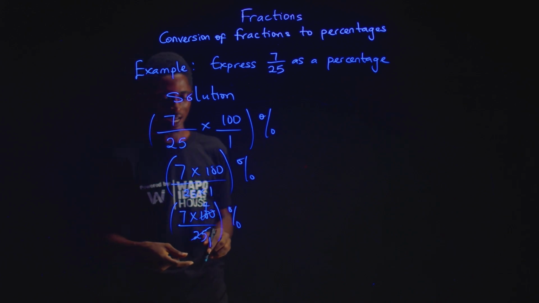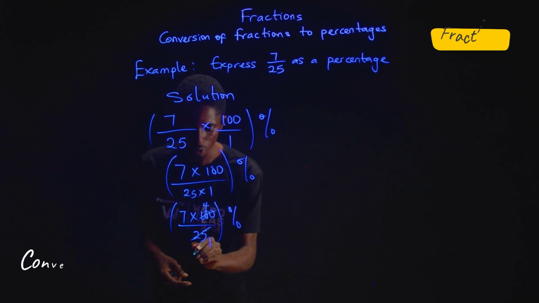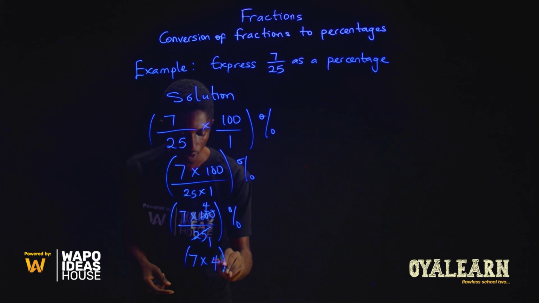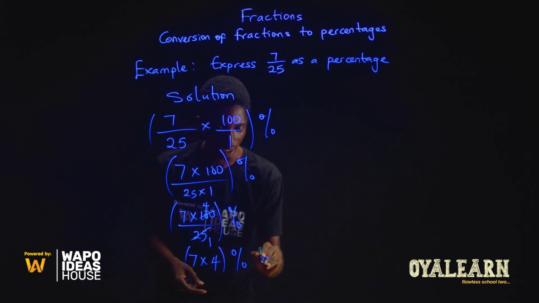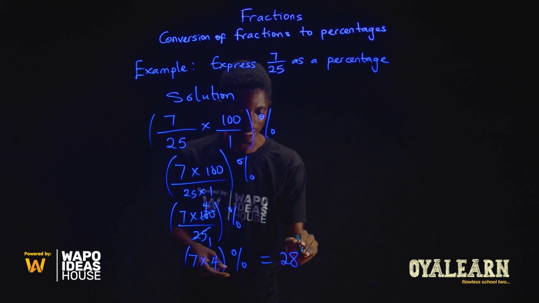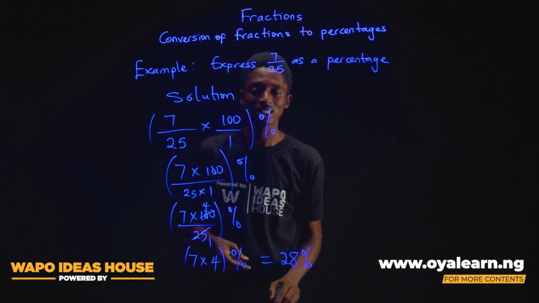4 times. So now we are left with 7 times 4%. And 7 multiplied by 4 will give us 28. So our answer is